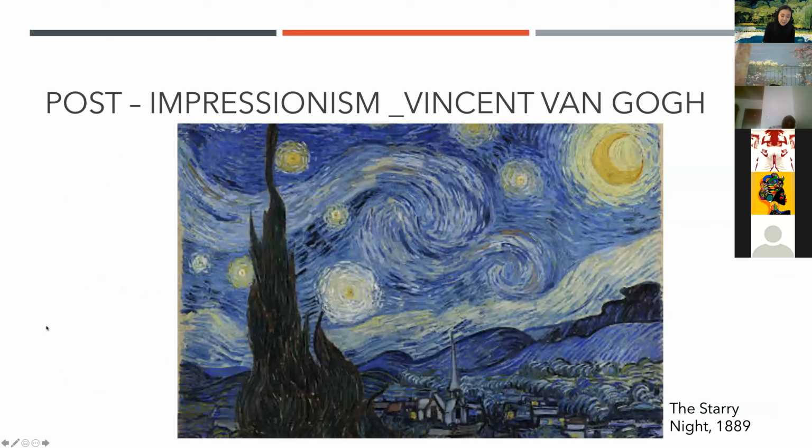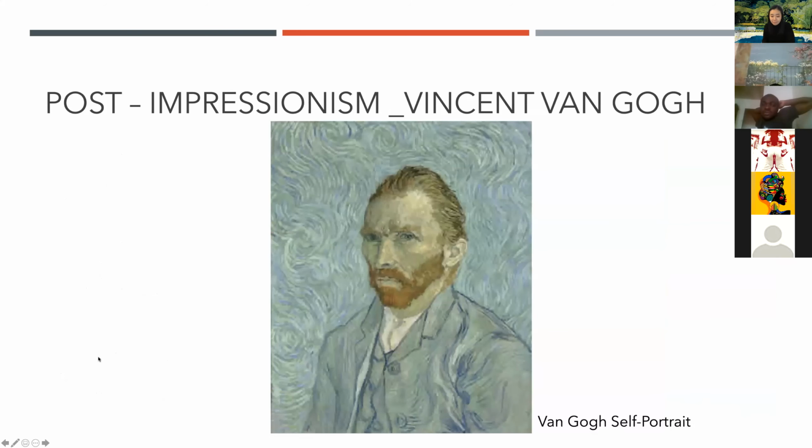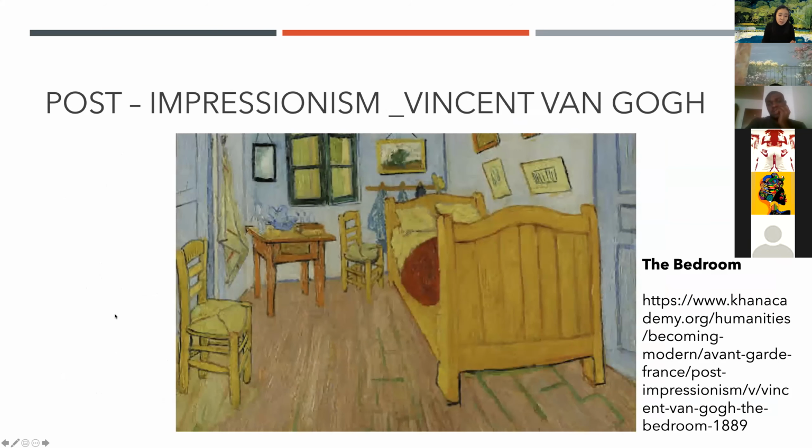The Starry Night is one of the most recognized paintings in the history of Western culture. It depicts the view from the east-facing window of his asylum room just before sunrise, with the addition of an ideal village. This is his self-portrait when he had an ear. And this is his bedroom painting. So there is a video about this painting in detail in the Moodle room, so please watch it after this meeting.